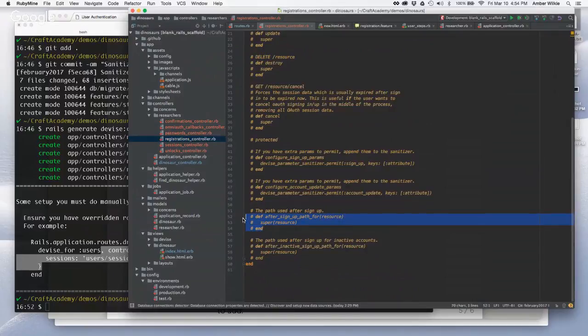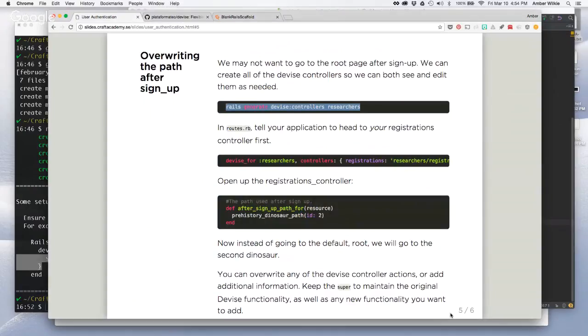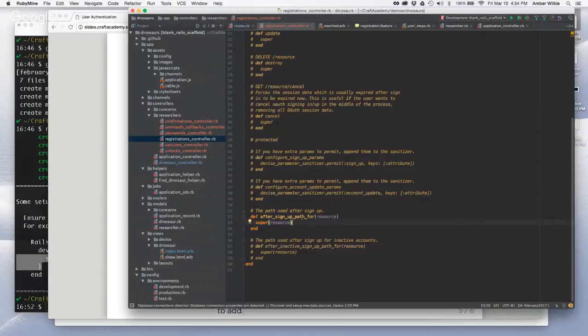After sign up path for, and we want to change, let's see, did I type this in? Yeah, so after sign up path for, we're not going to call super. Super means we're just going to do whatever the default behavior is for this method. But instead of doing that, we want to do